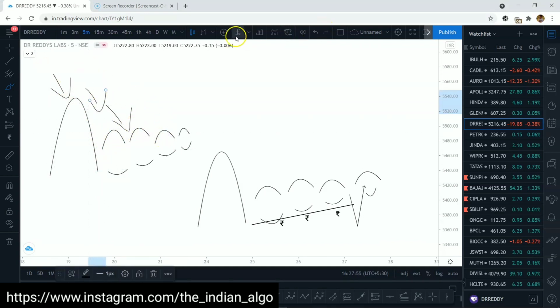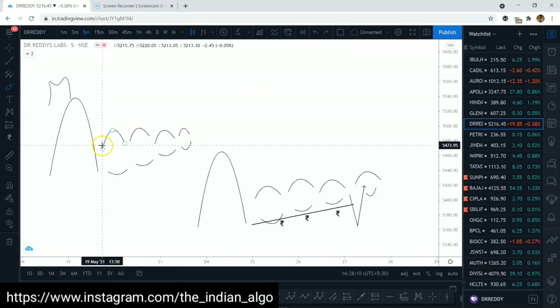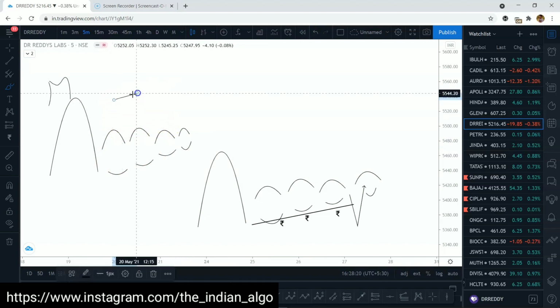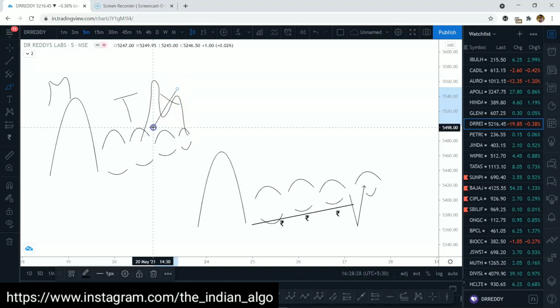Now this may take some time. Let's say this occurs on Monday. You will let the price spike up and let it come down. So this day you will completely avoid trading this stock. Now, if the price is contracted the same day, you will still avoid it. You will give it some time. And let's say this contraction actually occurs on Tuesday. You will definitely not see any momentum. If you see any momentum, probably a spike up, you will still avoid it. You will not take any trades in that.